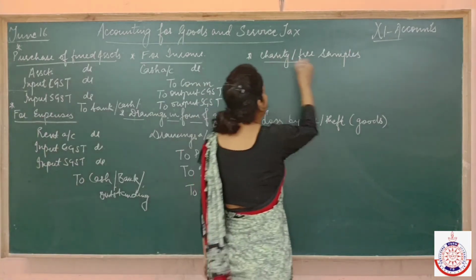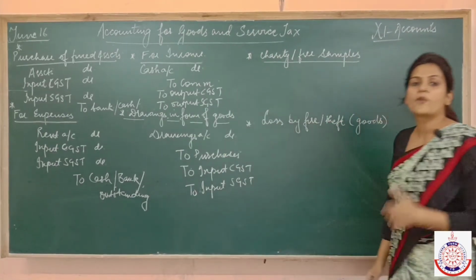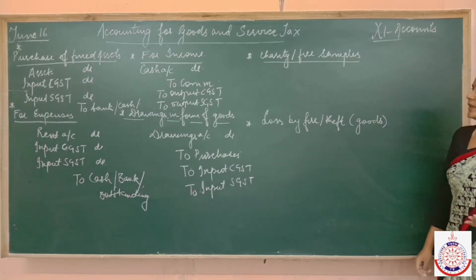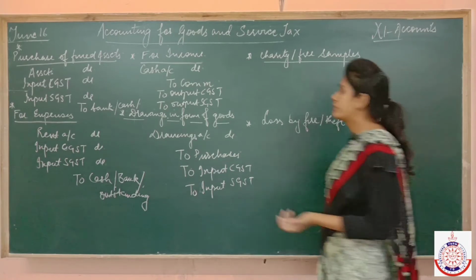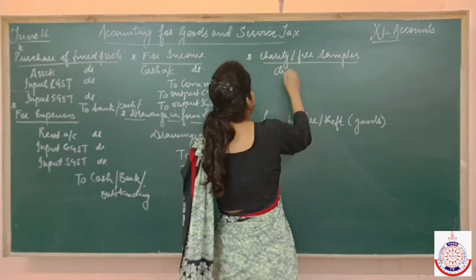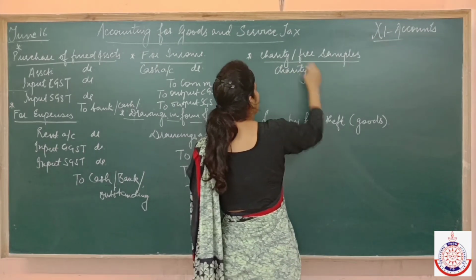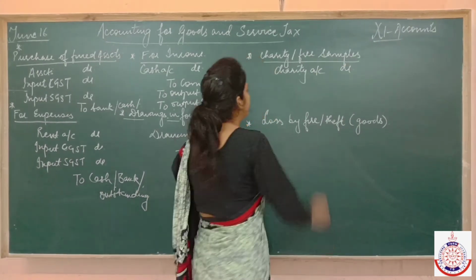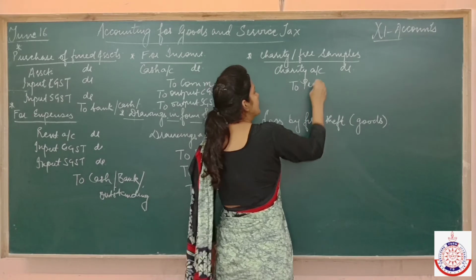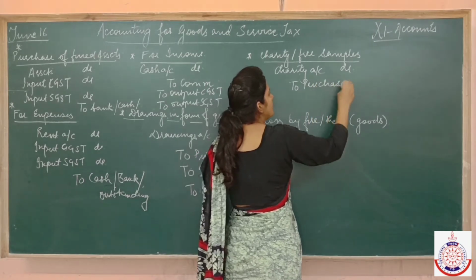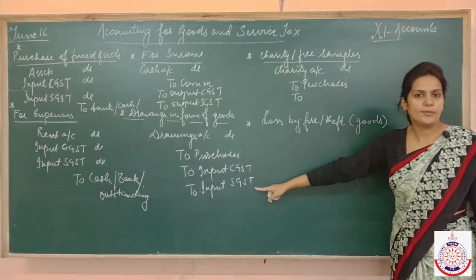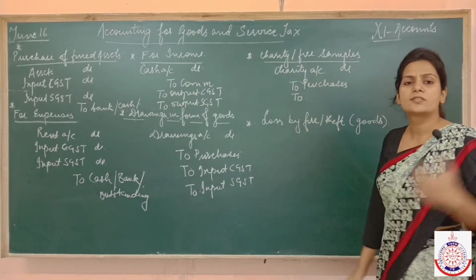Now comes whenever we are giving the goods in form of charity or free samples. So whenever we give the goods away in the form of charity or free samples, generally what entry do we pass? We pass the entry charity account will be debited because it is an expense for us. Then goods goes out of the business. You will write purchases. Now just like this case, same like this case,